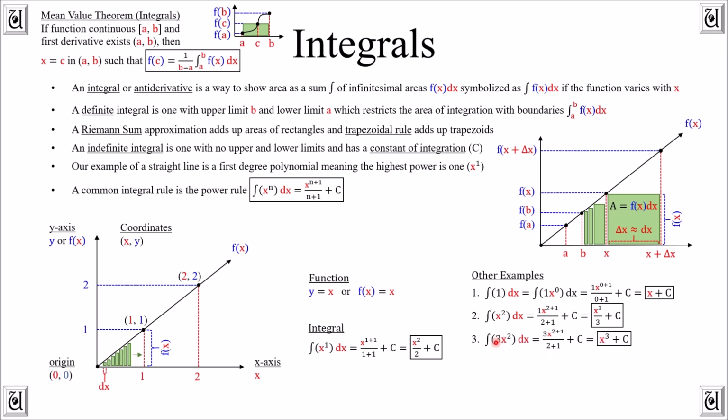The next one, we'll put the 3x squared in there. This time we're going to do the 2 plus 1, but we're also going to divide by it, and that 3 is actually going to cancel out nicely for us, and we just get x cubed. The last one, we can take the integral of 3x to the negative 2 power, and we still add 1 and divide by it, and we end up with a negative 1 on the bottom. We can take that negative, put it out front. We end up with x to the negative 1 power, and then we can move that down into the denominator, and so we end up with negative 3 over x. Alright,